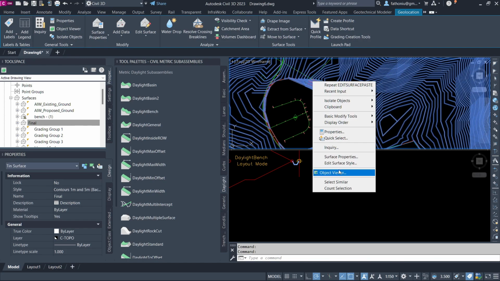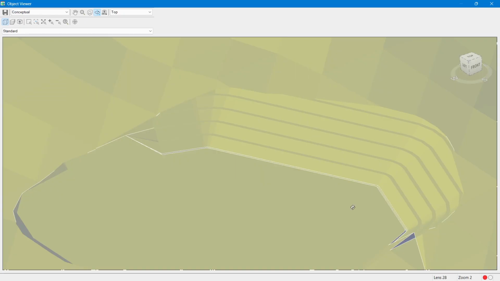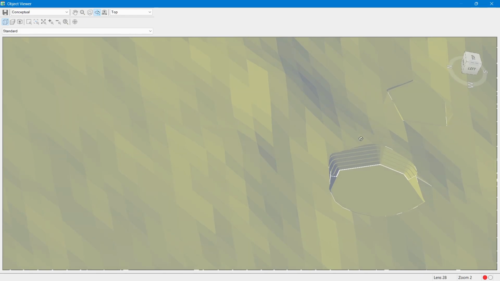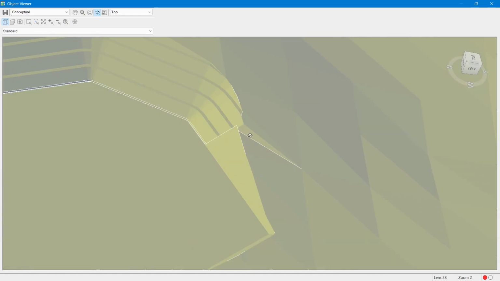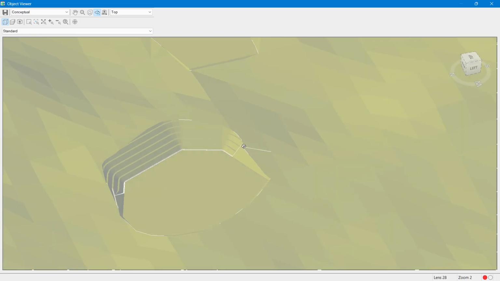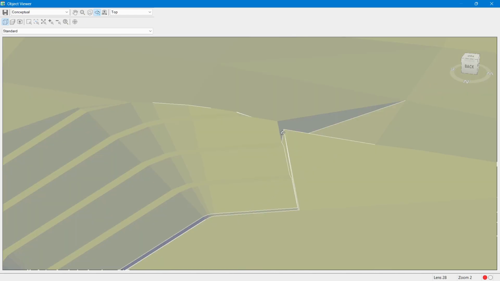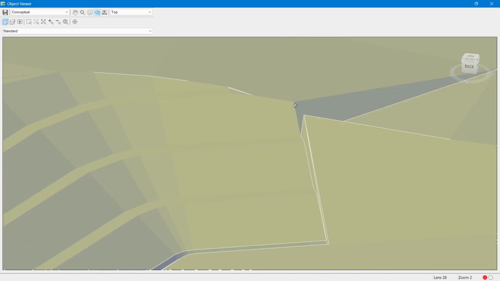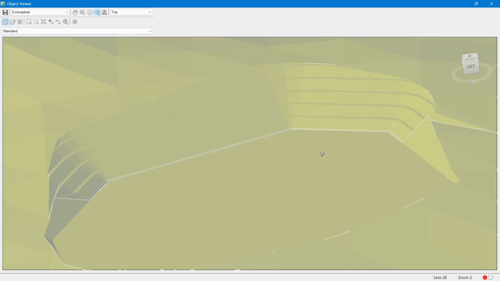Click, right click, and then object view. This bench area is still only this one, because the existing surface is based on satellite data, quite rough. Here we have the bench as well, or maybe the bench, but I don't think so. We still have an error to check how to deal with this one. But anyway, basically we created the bench slope with the bench.